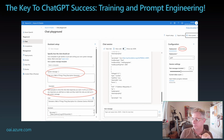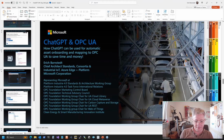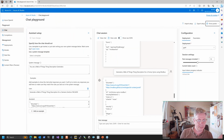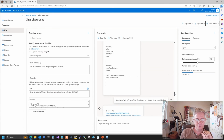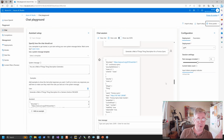And then, of course, I want to show you a real demo, right? So what I've done is I've set this up exactly like in the example I just showed you. So I made sure that it knows that it's a Web of Things thing description generator, and I gave it one example and one example only. And then for giggles, I said, okay, I happen to have a PV system on my roof, right? And the converter converting the PV DC current into AC current so I can use it in my home is from Fronius. It's a Fronius Sumo. And I said, okay, generate a Web of Things thing description for Fronius Sumo, and that's